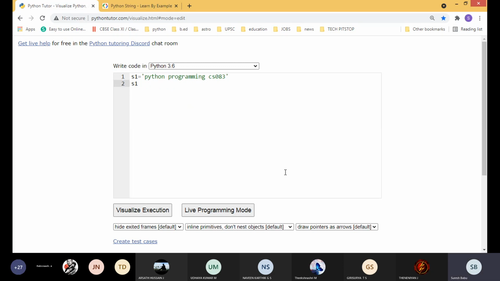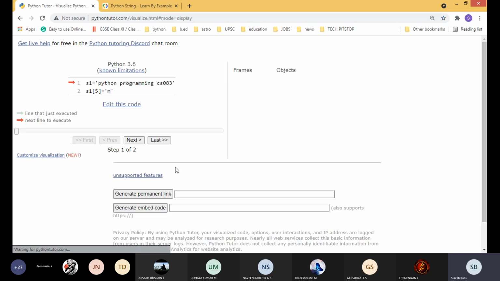I want to change S1 of 5 equal to M. What is actually S1 of 5, students? S1 of 5 refers to which character? N. Okay, so it is referring to N. I want to change this N to an M. But you see, it will show an error.